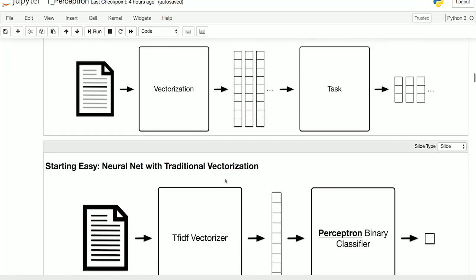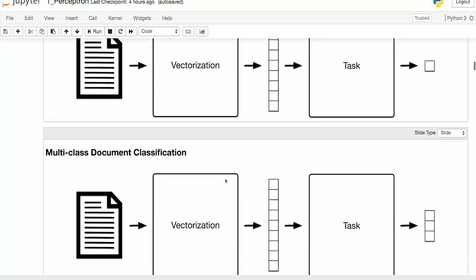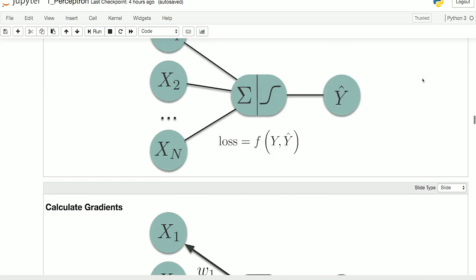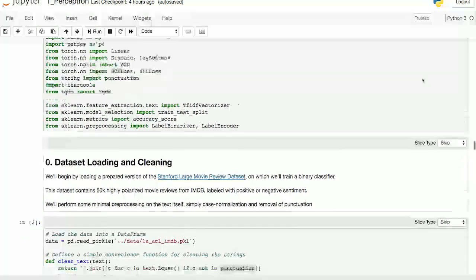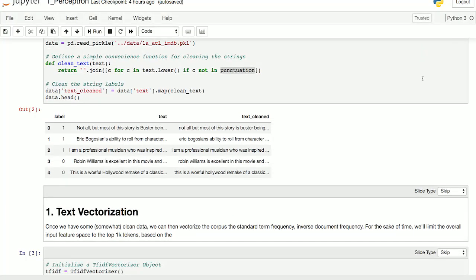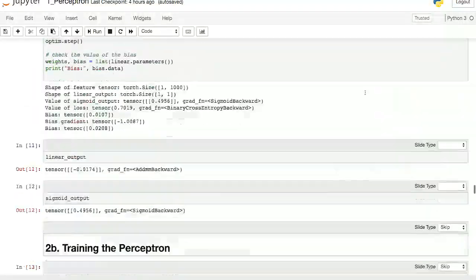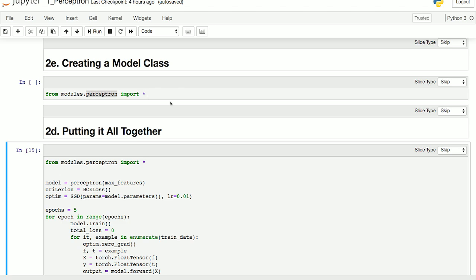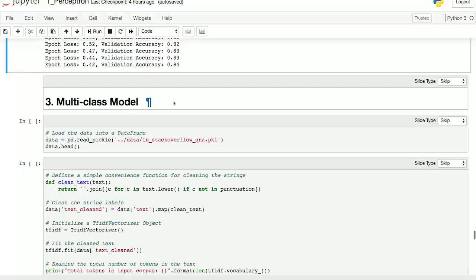These two, the way that I've framed these two, they look really, really similar. Everything to the left of the task is really the same, and the output shape is the only thing that we're changing. And that's why I really like deep learning, especially for natural language processing problems, because of how modular everything is. If I want to switch over to a multi-class classification, all I have to do is make